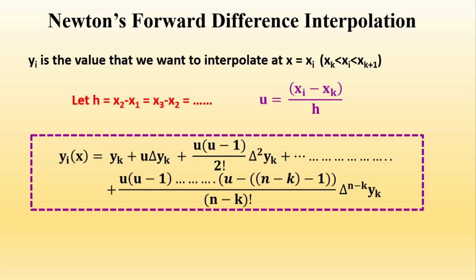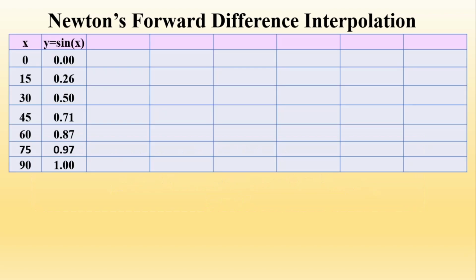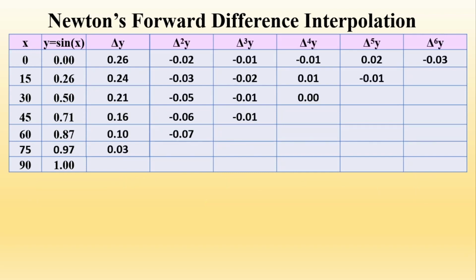Say we are taking these points, that is the trigonometric function sin x. As we discussed earlier, we can calculate delta y, then we need to calculate delta 2y, delta 3y, delta 4y, delta 5y and finally delta 6y. Once we have these values of the forward difference table, then we can calculate step size, 15 in the present case. Then this is the value of x at which we are going to find the value of y.